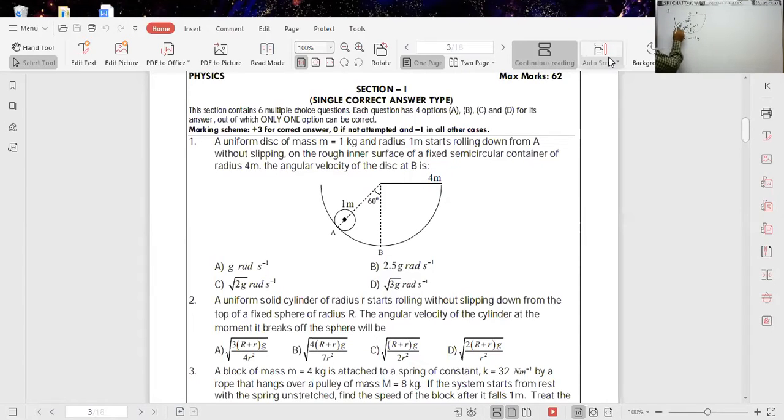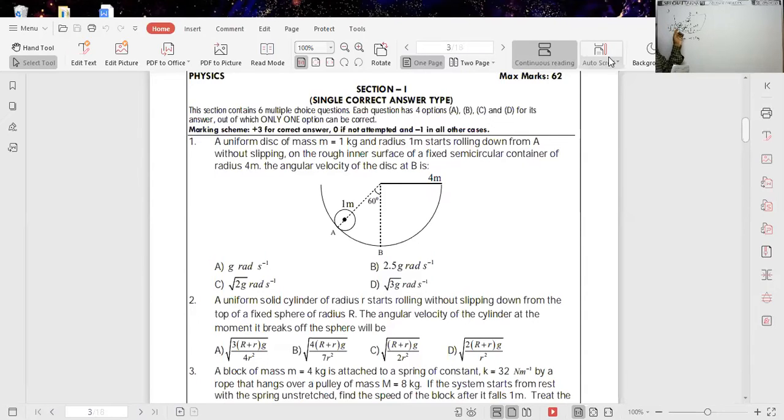They ask it. As it comes down by rolling without slipping, definitely it gains the rolling energy. Initially, the center of mass of the disk is here at this height. Finally, the center of mass comes to this position. Through what vertical distance does it come down? Suppose that is h. So the potential energy equivalent to the height h is lost by the disk when it comes from this position to this position.